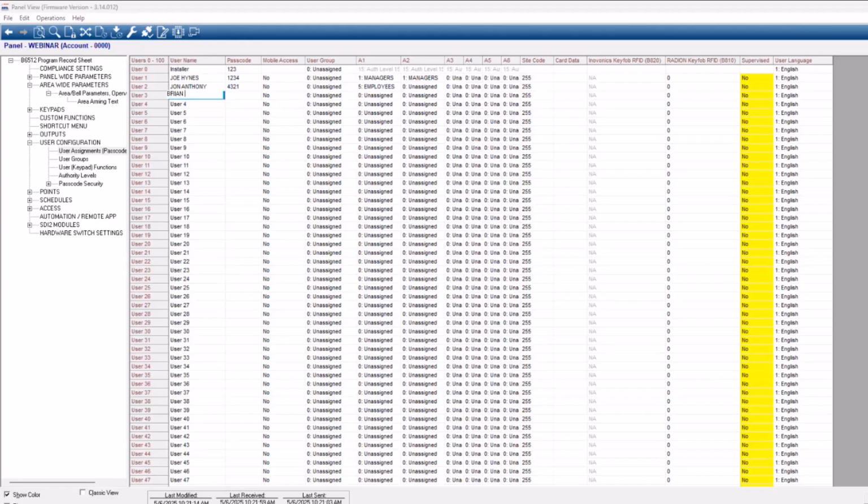And then maybe this user was somebody that spoke Spanish. Maybe they just worked in the stockroom. That's all they were responsible for, arming the stockroom when they left, if they were the last person out, or disarming it with the first person in. So give that user a passcode, give them level 5